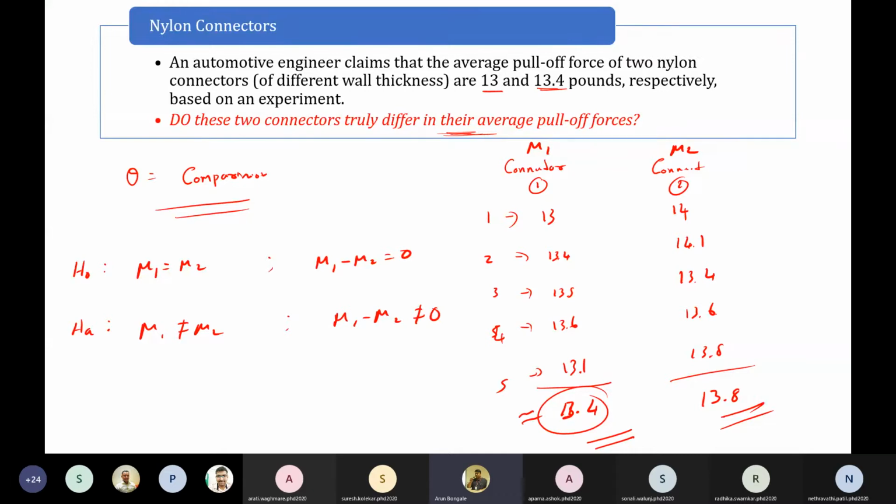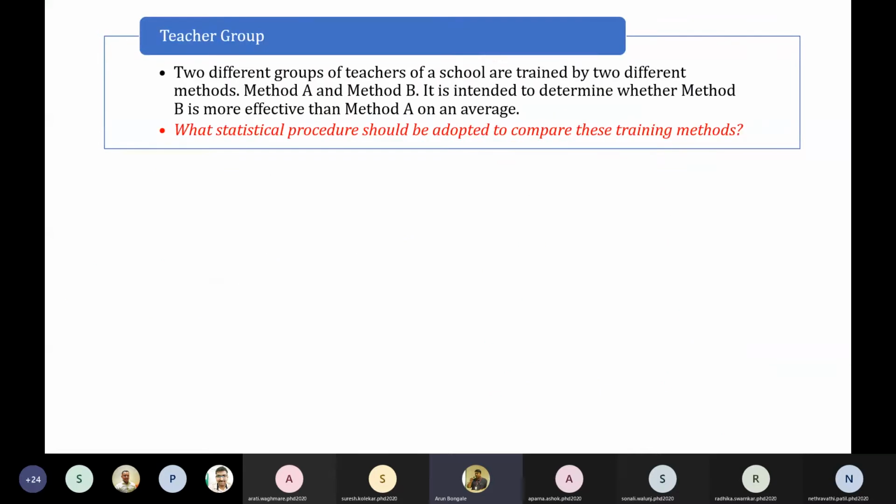So here we are not verifying which is larger, which has more pull-up force compared to the other, right? That is not the topic of interest here. What we have to do is check whether mu1 minus mu2 is equal to 0. If it is equal to 0, then mu1 is equal to mu2. If it is not equal to 0, either mu1 is greater than mu2 or mu2 is greater than mu1, right? So that is how we frame the hypothesis for this. Okay, we had a detailed discussion on this, so let us not waste more time on it.